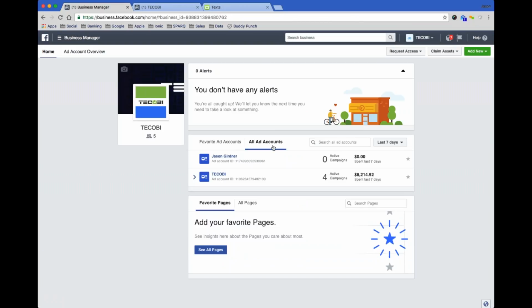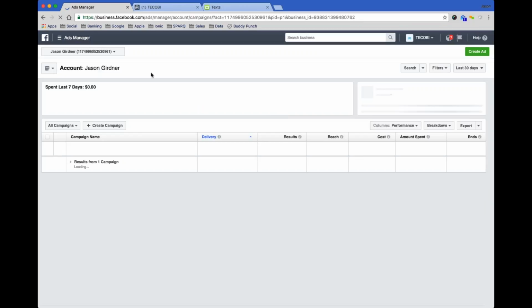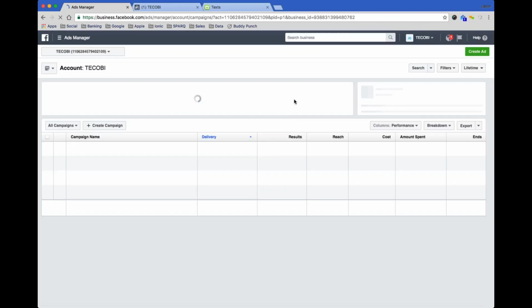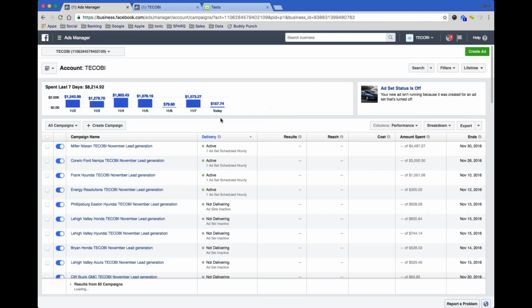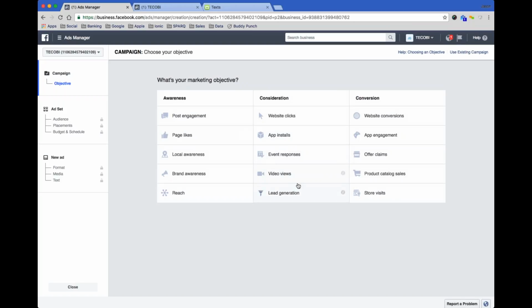So what you're going to do is from inside of your business manager, you're going to basically in the top left, you'll have a little link here, and then you're going to go into your ads manager. You can use the Power Editor. I prefer the ads manager over the Power Editor, so I'm going to show that side. Once you're into your ad account, you're going to want to create a campaign, and it's going to give you some options.